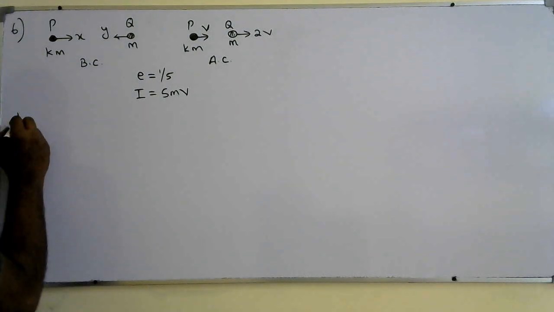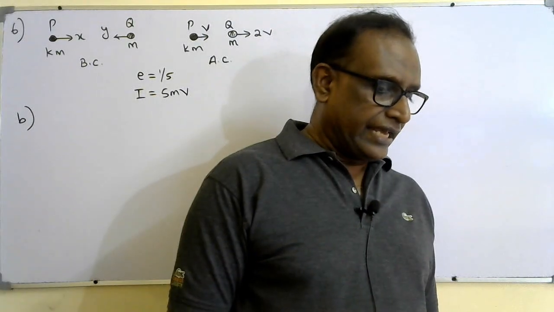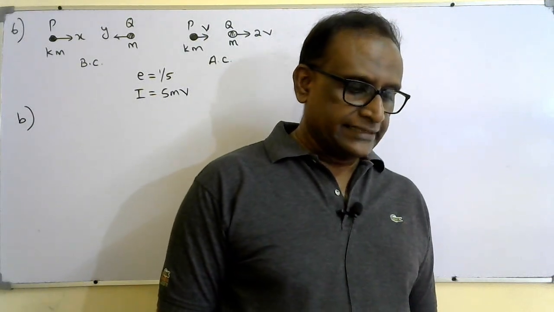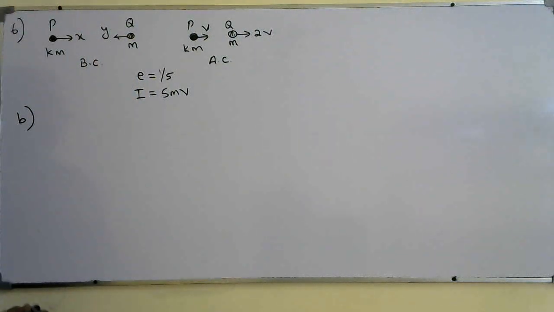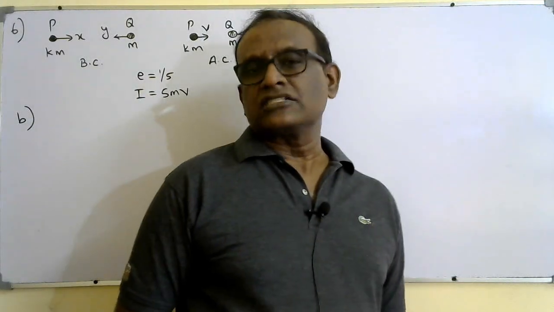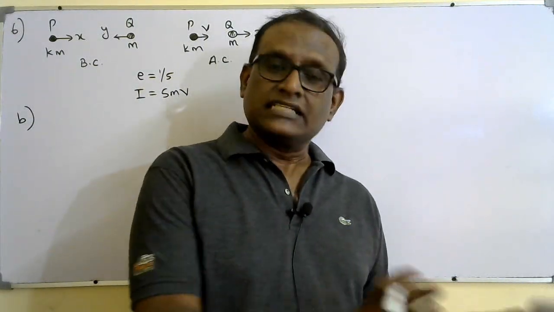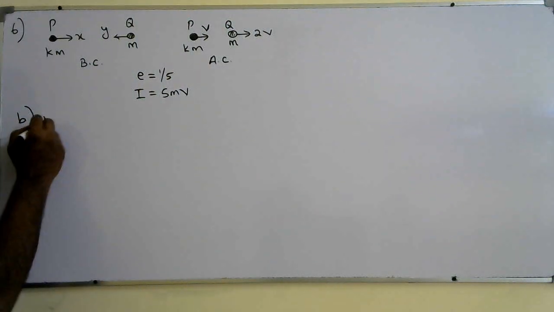Okay, now part B of question number 6. Find, in terms of M and V, the total kinetic energy lost in the collision between P and Q. So nothing, find the initial kinetic energy. Kinetic energy loss means initial total kinetic energy minus final total kinetic energy. That's all. So initial total kinetic energy